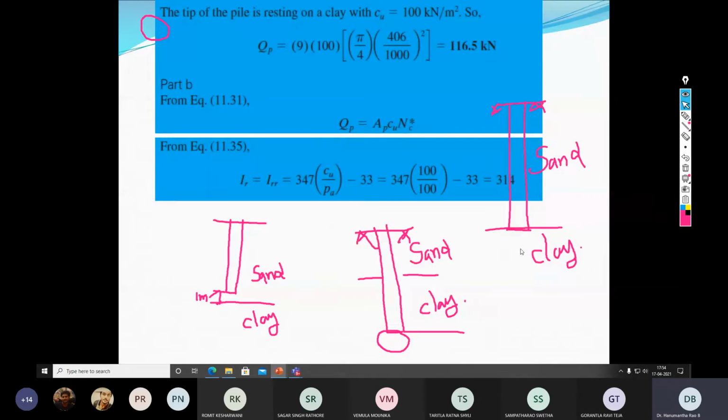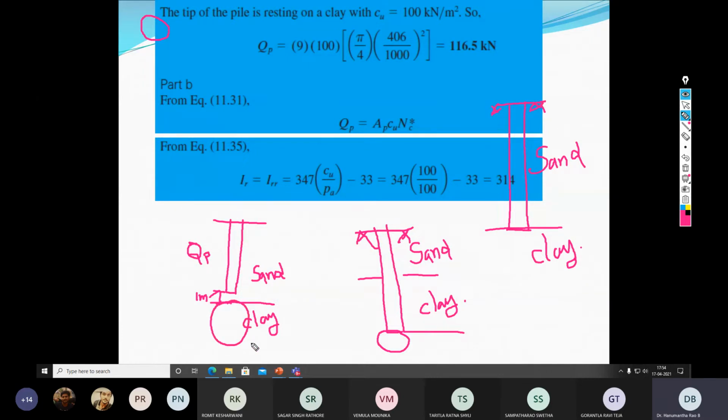Now, there is one specific case we can consider. Let us presume this condition: there is sand right beneath the pile tip, but only for a very shallow depth, and below that there is a clay. In this case, you may treat the calculation of the point bearing capacity as sand only, no problem. But one important thing to keep in mind is that since the clay exists at a relatively shallow depth from the pile tip, this clay might be undergoing settlement.